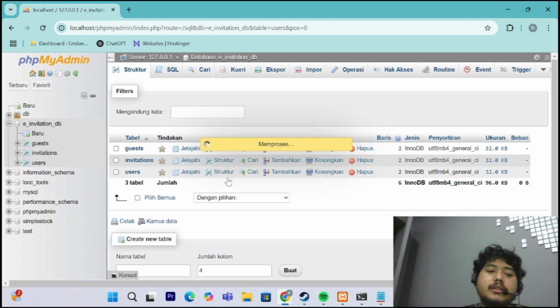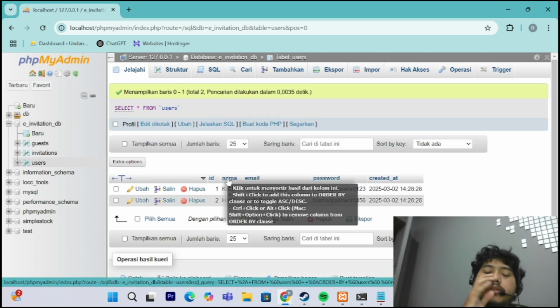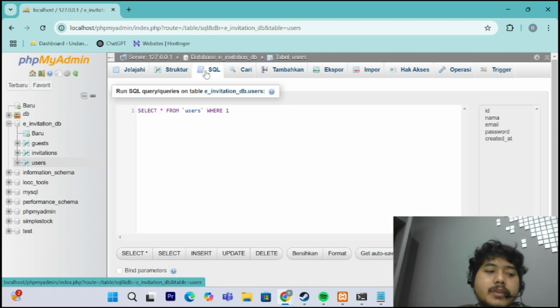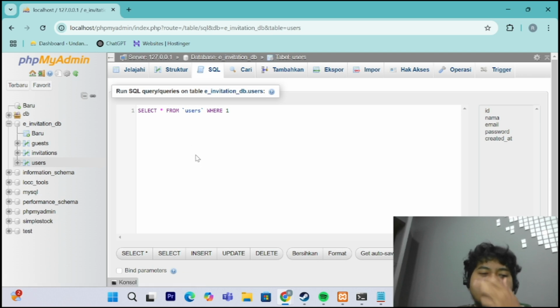Okay, next we will run the CRUD operations: create, read, update, and delete. We will go to the SQL again. This is a query to retrieve all users from the database.